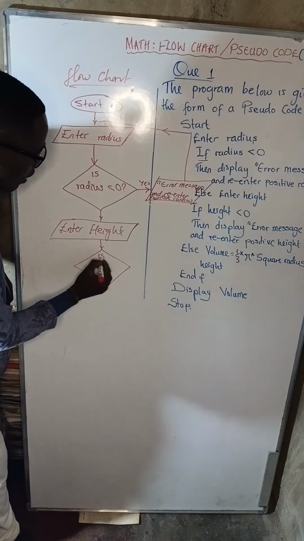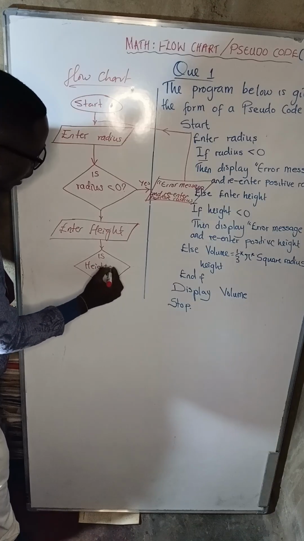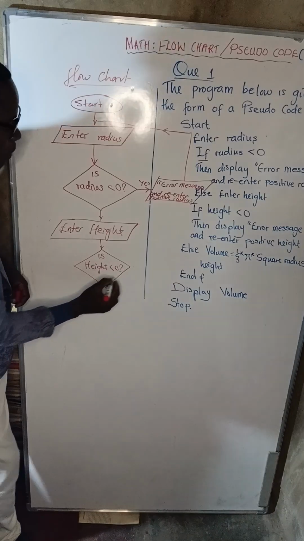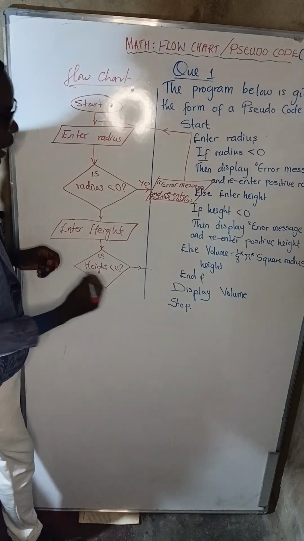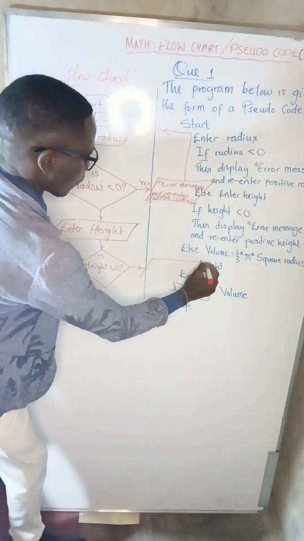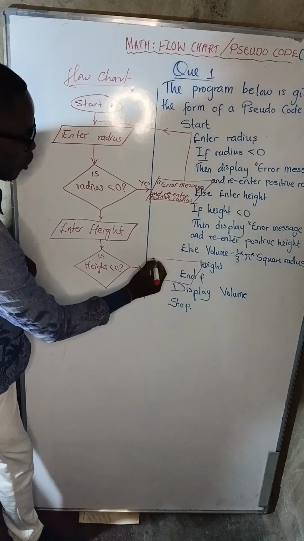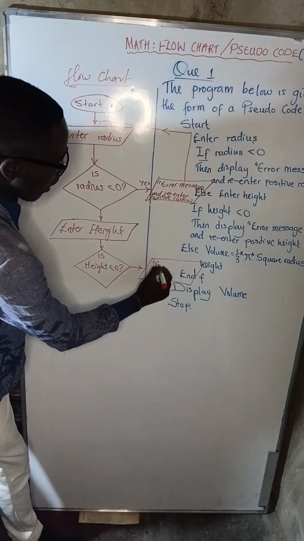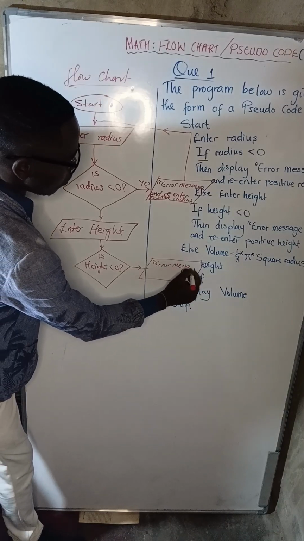Then we are going to have is height greater than 0 question mark. Then now here you display it. They are saying display error message. We are going to display the error message. We're going to display the error what? Error message. So here we're going to write error message just like that,